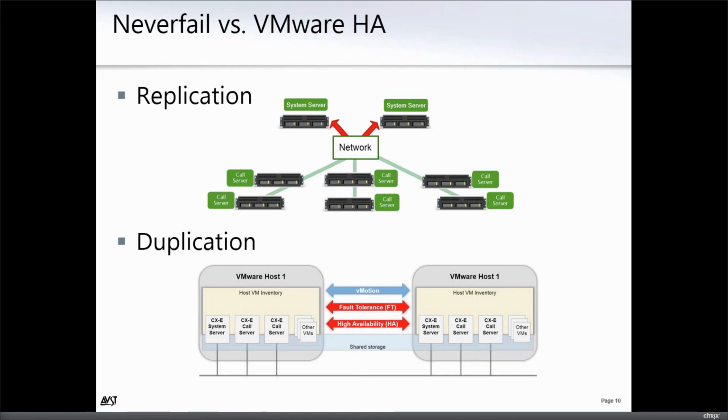Now, if you go down below, what VMware is doing is a complete duplication of a server, bare metal to the top, basically. In other words, the operating system. You're going to create that system server on the host, and then when you set this up, you're actually going to move a copy of that, including the operating system and everything else, over to the host on the other platform, which means if something like a virus gets on the system server, within seconds, because you're keeping that copy on the other host up to date so you can fail over to it when you need to,